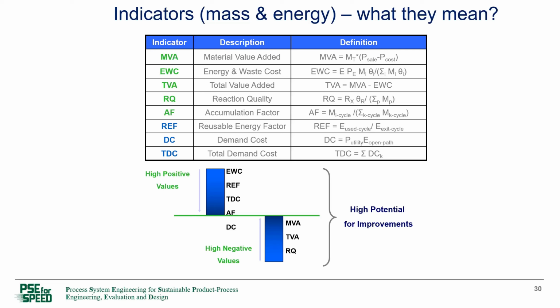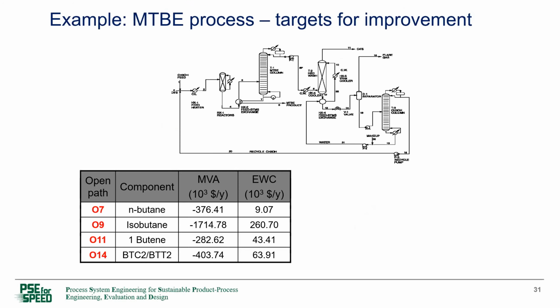we can calculate this. So how does it work? Here is a chemical process, and you can see some identified open paths. And these are actually the same path, but for different compounds in the system. And you will see the open path if you follow the red arrow. Okay, so now you can see that